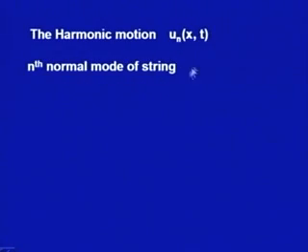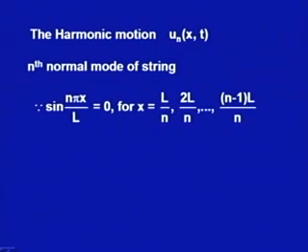So, what we are getting is this harmonic motion u_n(x,t). For different n values we call it the nth normal mode of a string. For n equal to 1 we call it the fundamental mode. Since sin(n pi x over L) would be 0 for x equal to L by n up to L by n and so on, we get that the nth normal mode of the string will have n minus 1 nodes,